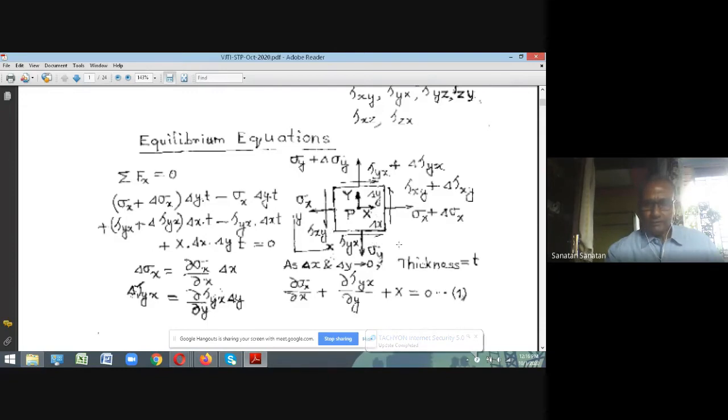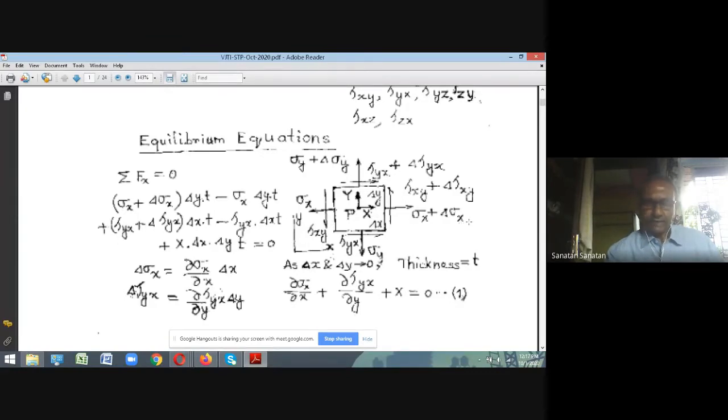And if you try to go to the bottom face, it is actually acting in the negative direction. I'm sorry, this sign is actually wrong. Tau yx is acting in the negative x direction. So therefore, it is negative direction. Therefore, you see this is positive x direction. This is negative x direction. So they cancel, plus the body force, which is